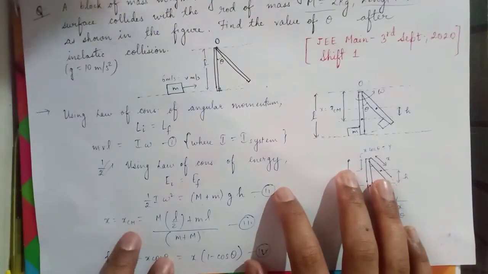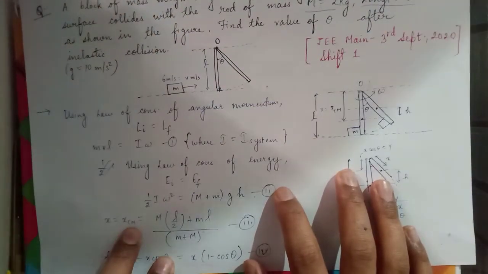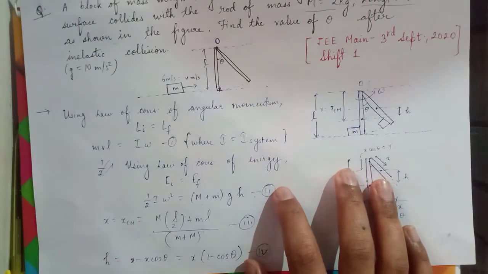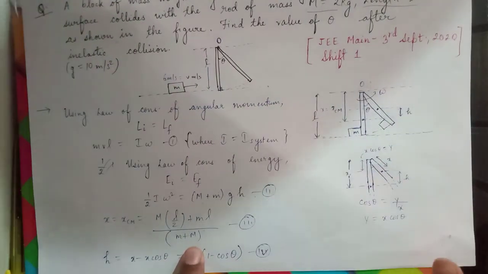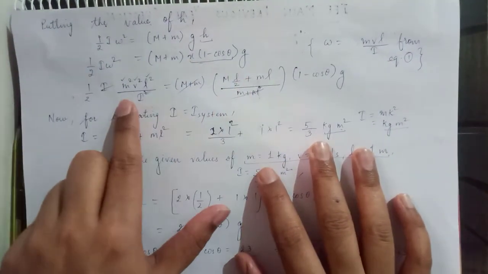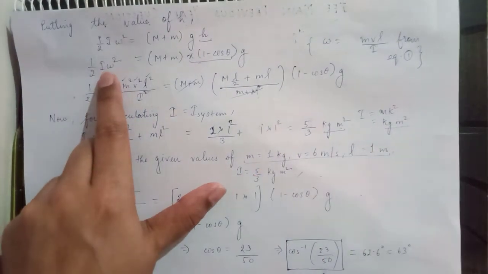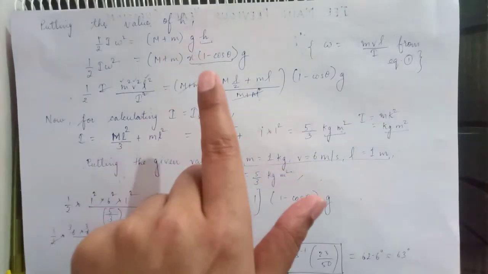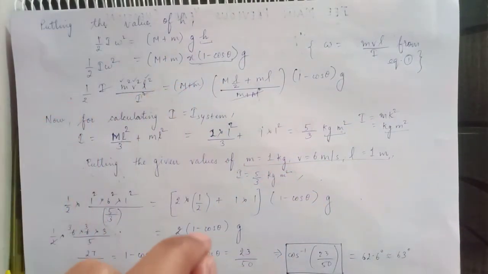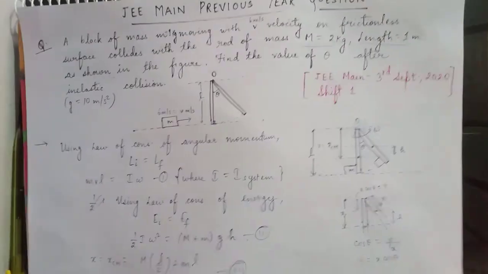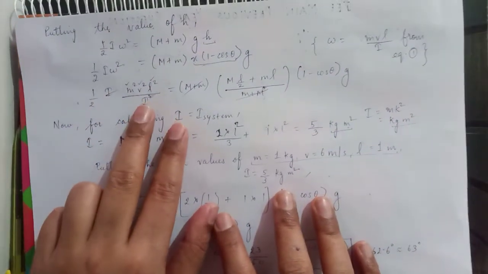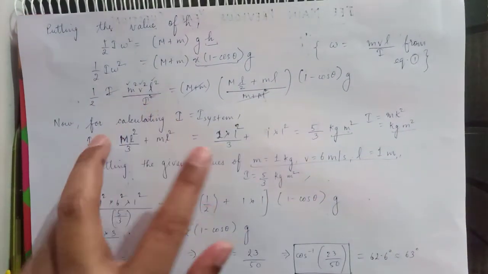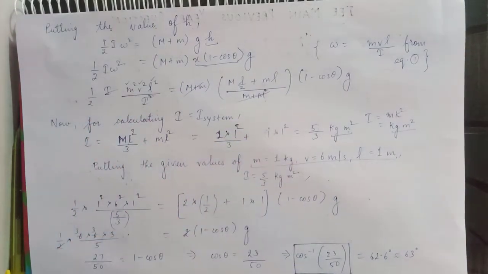So we have calculated here, you can see, the center of mass of the combined system from the point of rotation. We have calculated it like this, and we have put this value into this equation. And if we put the value of the angular velocity which we calculated in equation 1, in that law of conservation of angular momentum equation, from here we have put the value of angular velocity into this equation. We have got a modified equation like this.